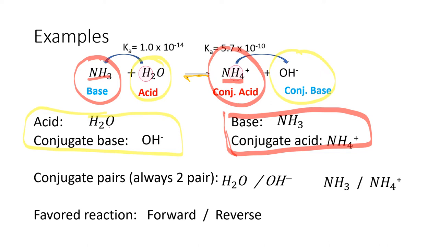How do we know which is favored? Well, if I look at the Ka value, it tells me the strength of the acids. I'm going to look up specifically the acids. They are the ones that have a Ka value. If I look that up on the chart, you'll notice that,